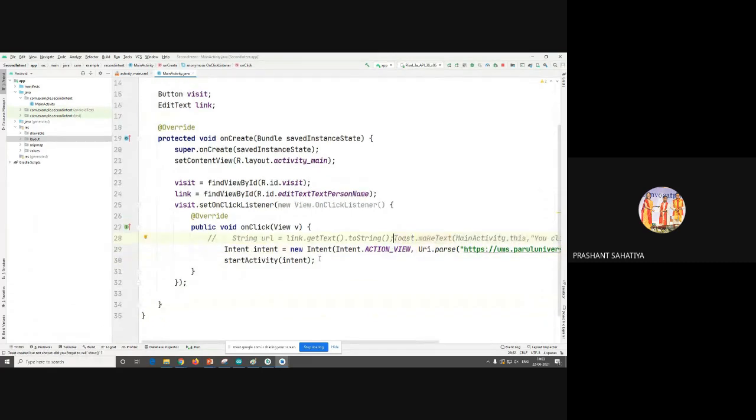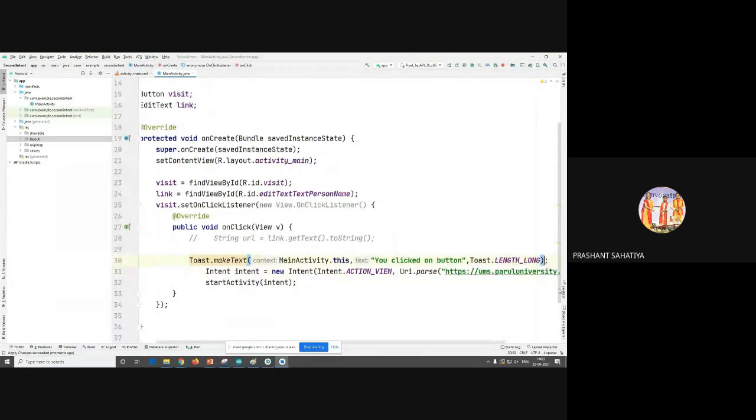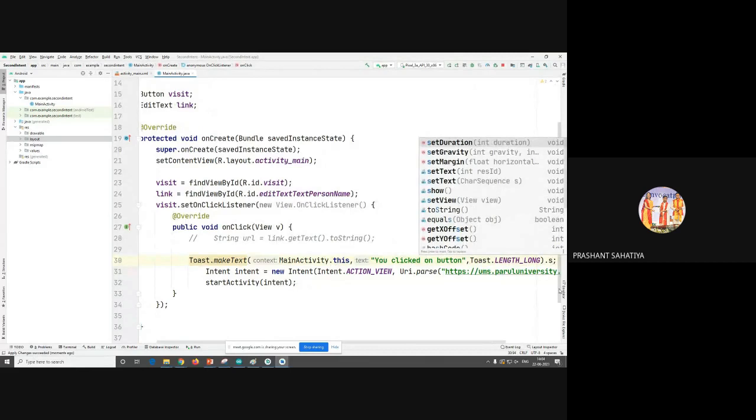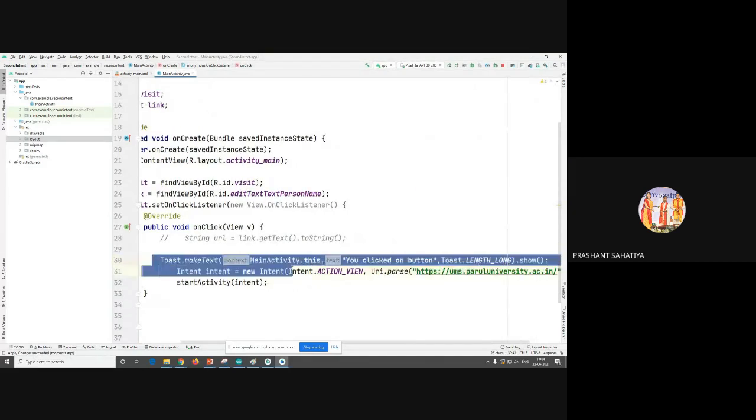This whole thing needs to have one method at the end, that is dot show. Right? We need to show that also. So you have created the toast, and then ultimately you have to show it also.